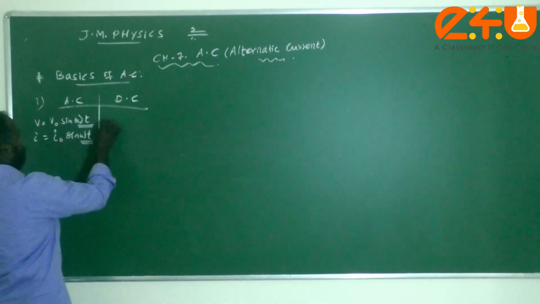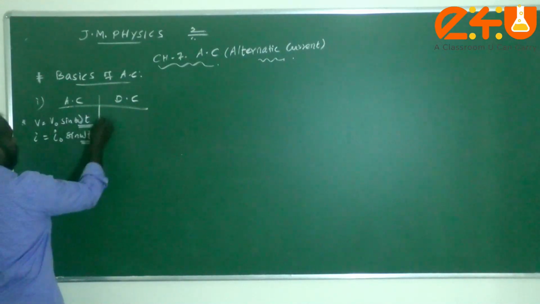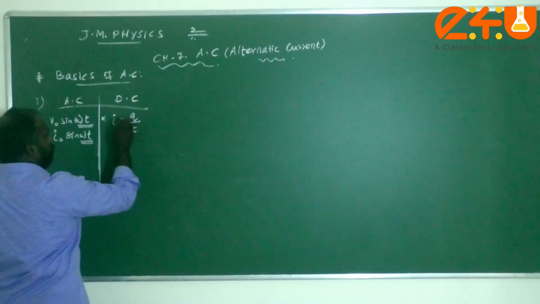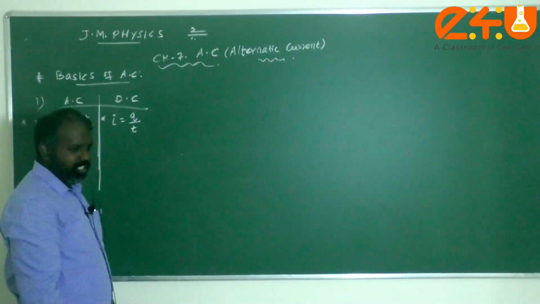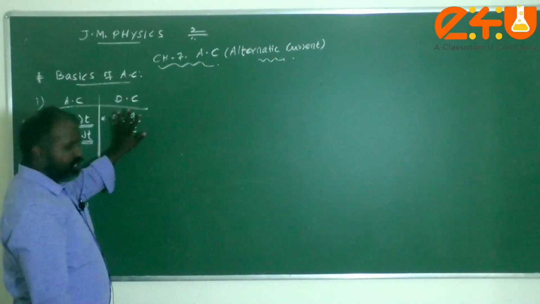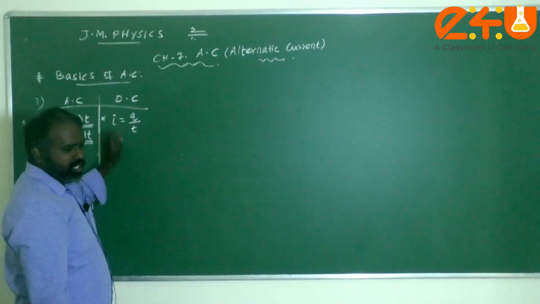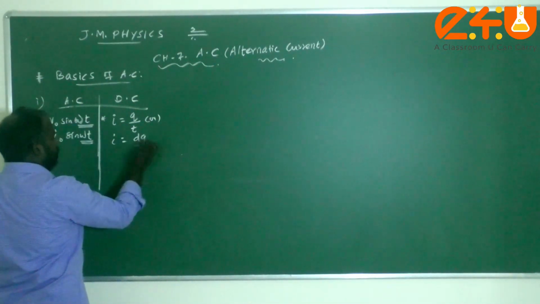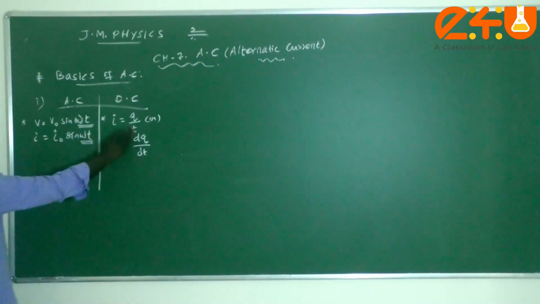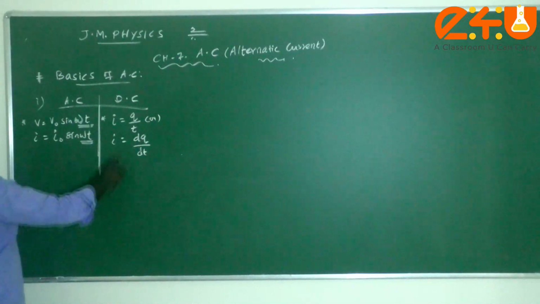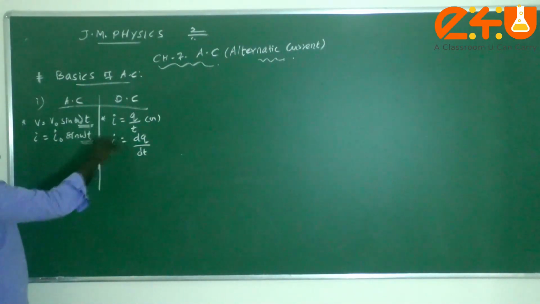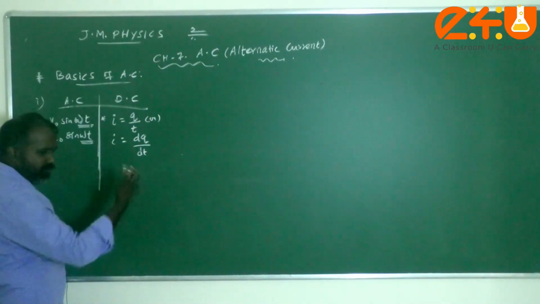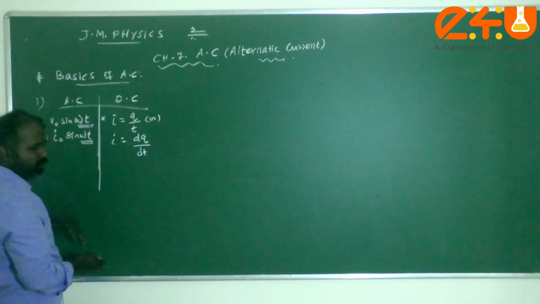But in the case of DC, just see that this is the first point, I will be constant. There we studied that I is equal to Q by T or dQ by dt. In this case, magnitude is constant, steady current, and as instantaneous current, I is equal to what, children? dQ by dt. The magnitude is constant here also, but the direction does not change, but here direction will be changed because the sine curve changes direction, some values may be +1, some values may be -1. The value lies between +1 and -1.